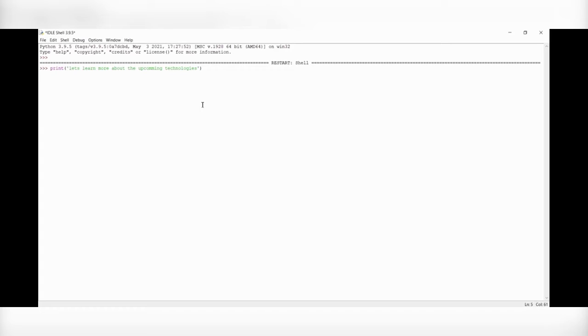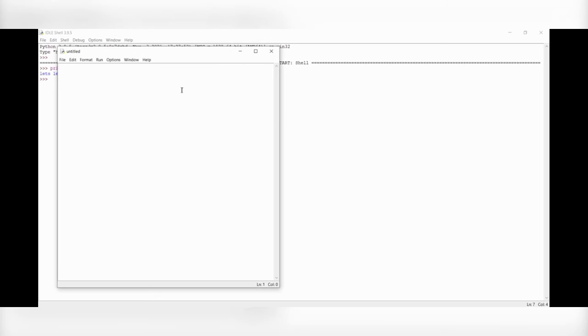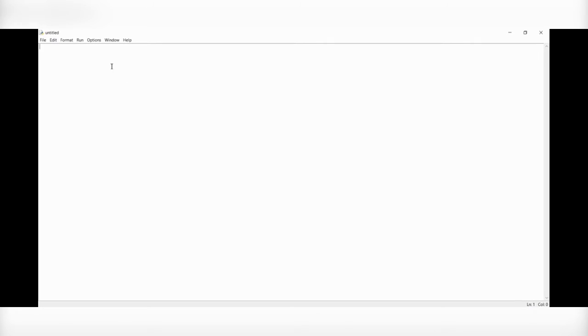Closing the parenthesis and clicking on enter, it executes as it is. Here, in File, we can create a new file and maximize it, and you can write a program and save it like a file you want. Here I am going to write a simple program and show how to store it as a file.